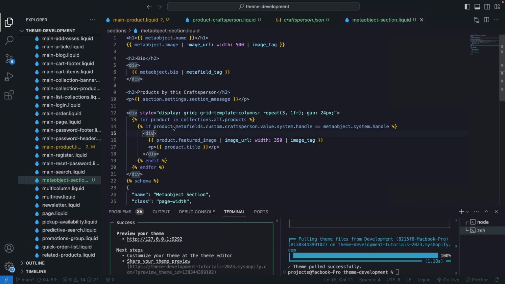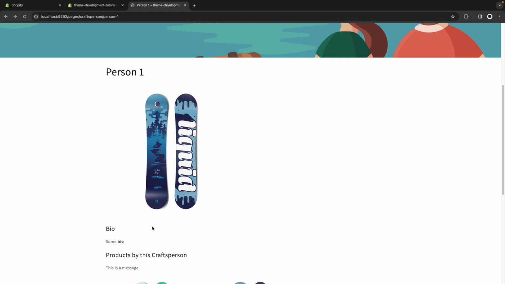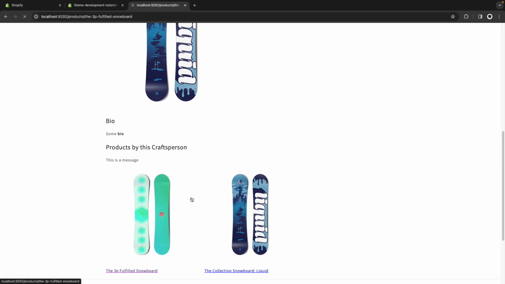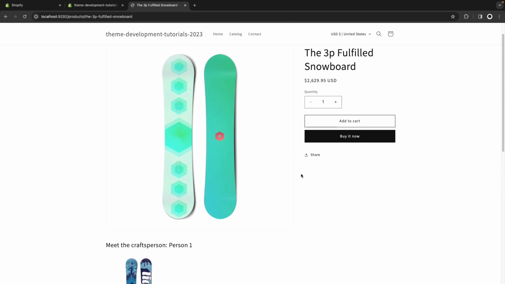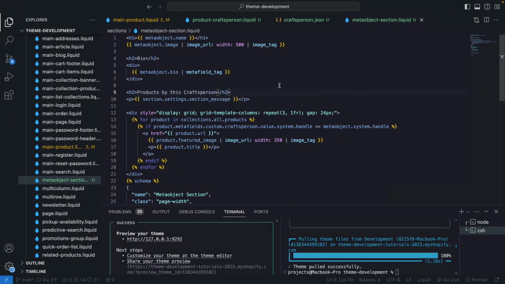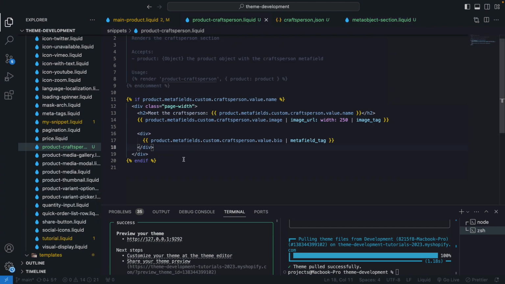Now let's link both pages together. So to get to the product page from within the craftsperson landing page, let's create an anchor tag here, and the href will be product.url here. Let's save this, and if I click here now, I'm in this product's page again. Now, how do we link from the product craftsperson snippet to its landing page? Well, here I'm going to add an anchor tag as well. I'm going to copy all of this,